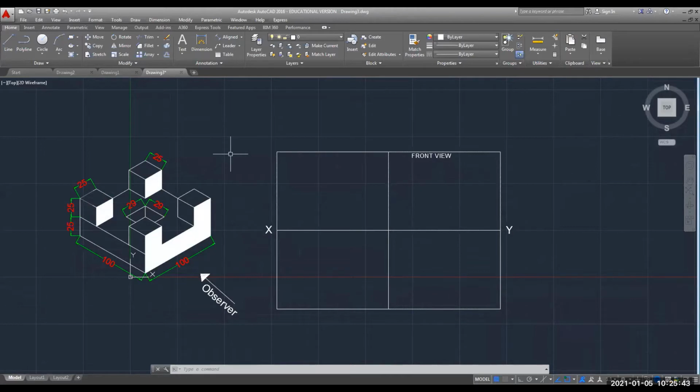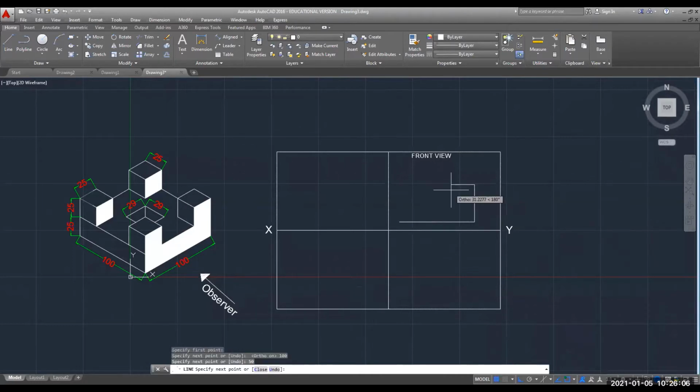First, let us draw the front view. Okay, so start from here. I need to draw a horizontal line of length 100. In vertical direction, how much? 25 plus 25, okay, 50.